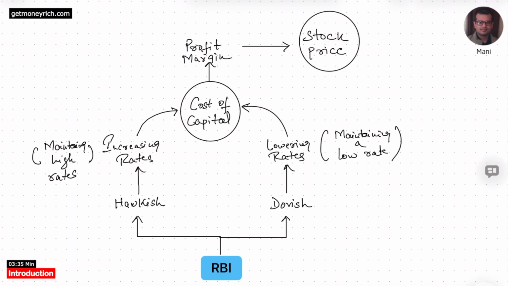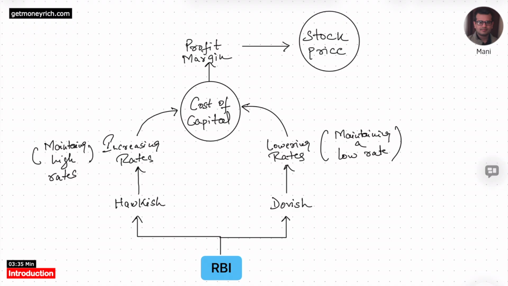So now that we have understood how a decision taken by the RBI's Monetary Policy Committee affects the stock market, let me first give you a quick introduction to what happens in these Monetary Policy Committee meetings, and then I will go into the details of what actually happened in this June 2026 meeting. So first let's understand the overview and then we will go into the detail. It will set the context for this video and make it easier for you to understand how the RBI is thinking in terms of what is good for the economy.